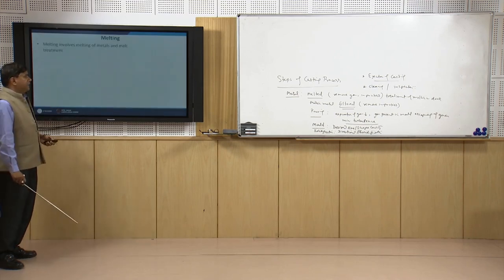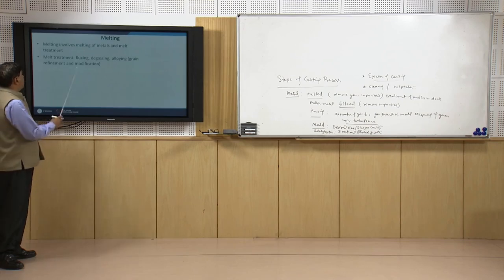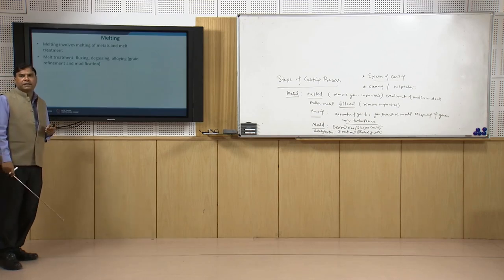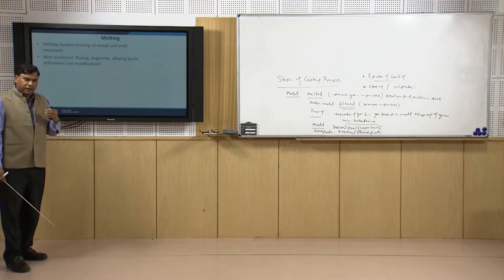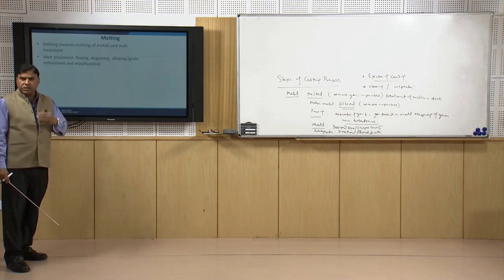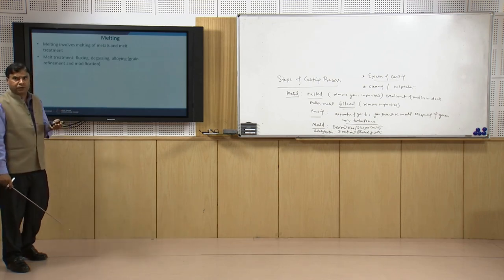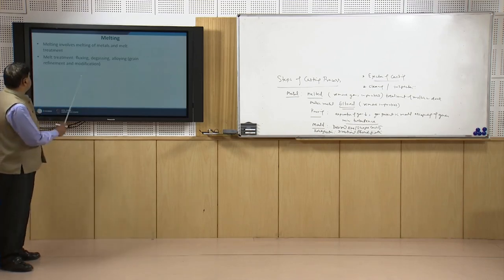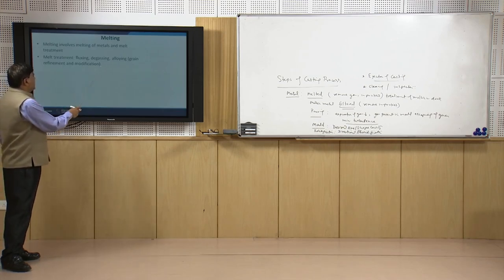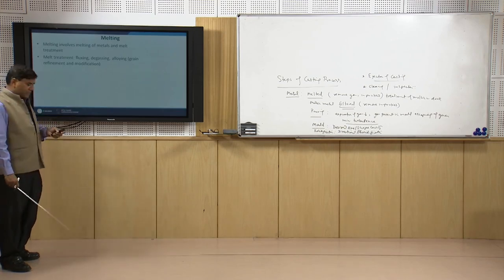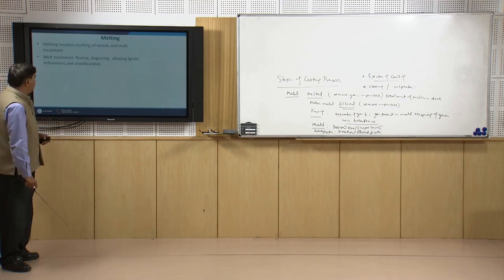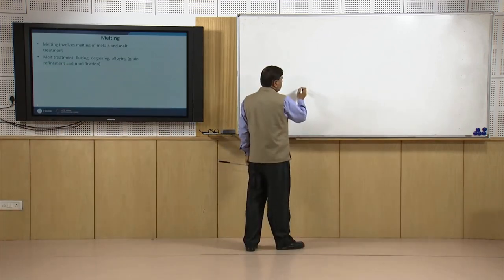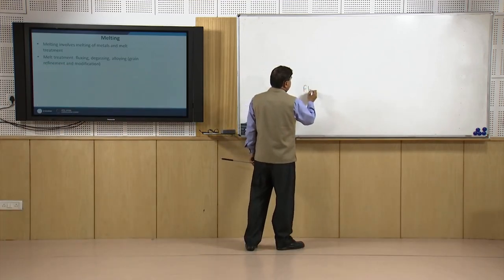As a part of the melting, we know that melting involves the melting of the metal as well as its treatment. The purpose of treatment is to get the right quality and the right quantity of molten metal which can be fed into the mold cavity, so that a casting of the desired quality can be achieved. Basically, melt treatment involves fluxing, degassing and alloying for achieving the desired grain structure, so that the desired properties can be achieved. So, here if we see, there are three types of molten metal treatments: